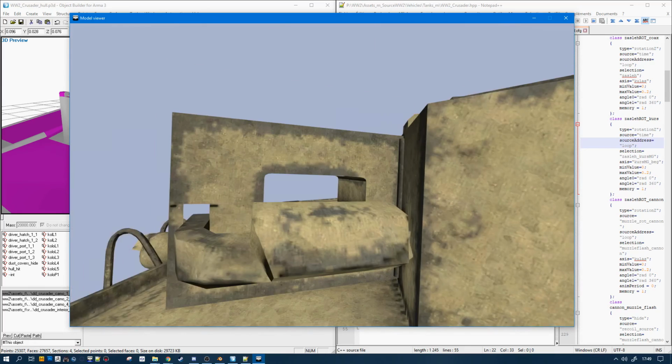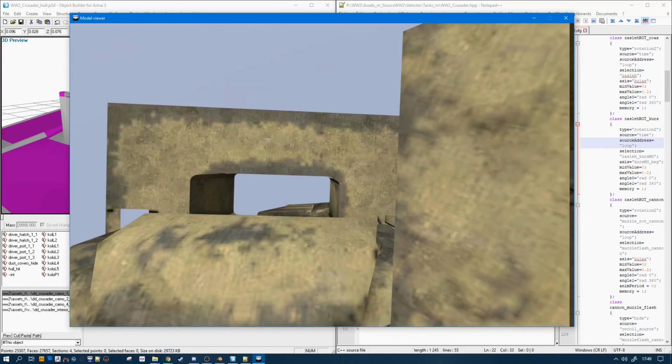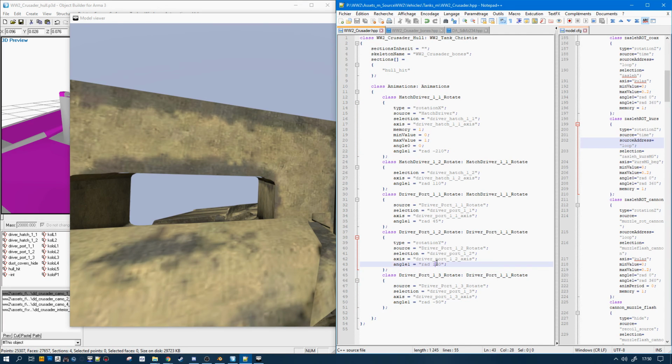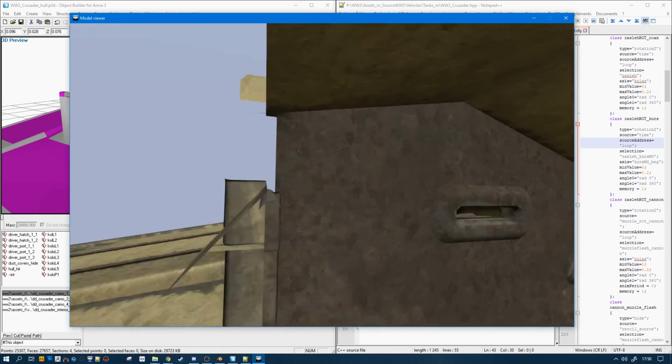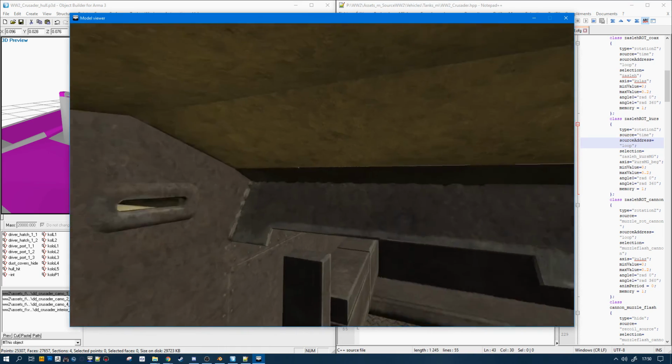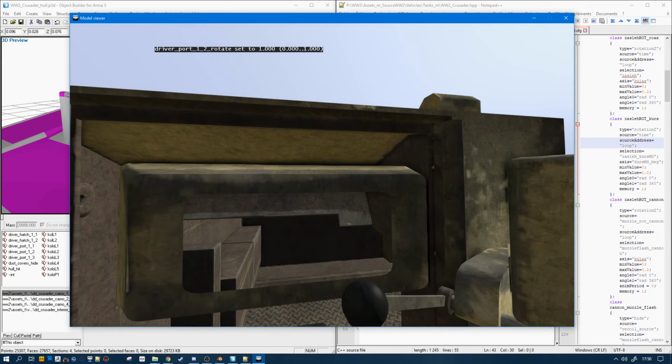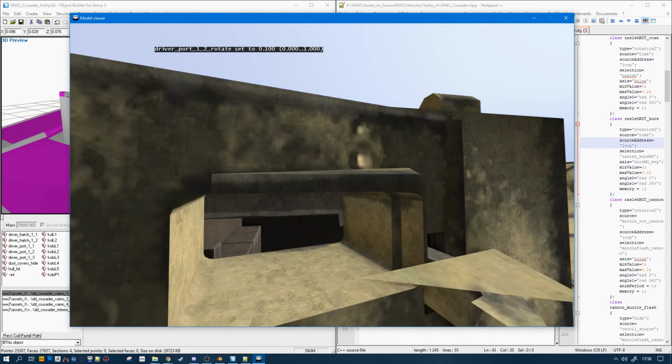First, let's check the angle. It's a bit high. Let's set 15. We have multiple possibilities. Number one, the part which is not moving here, this one, is not bound to the name selection, which should be the case here.